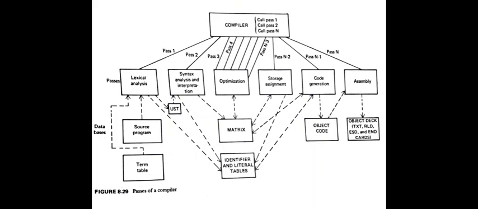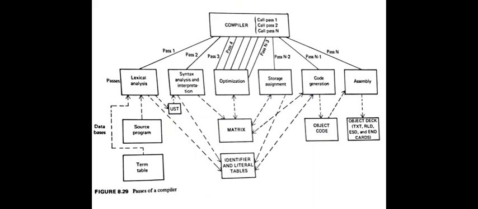And this code generation phase is responsible for creating your object code, that is in pass N-1. And finally, the concluding pass N refers to your assembly, where the object deck, that is the TXT, RLD, ESD and END cards, will be used and it will be completed there. So this diagram gives brief information, or in detail it will tell, how the compiler is going to run with respect to the passes of a compiler and the different databases we are using.